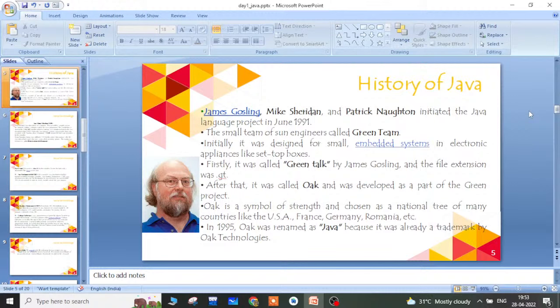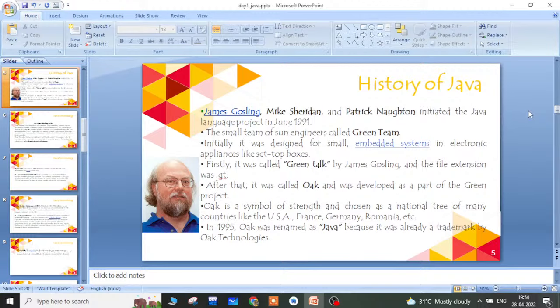In 2011, Java Standard Edition version 7 was introduced. In March 2014, Java Standard Edition version 8 was released. In September 2017, Java version 9 was released.